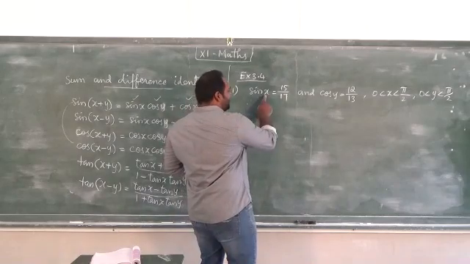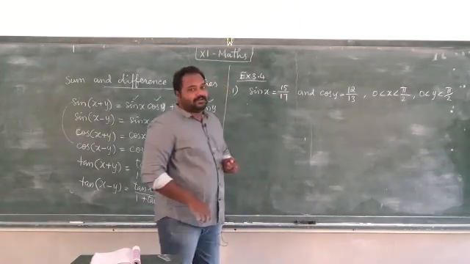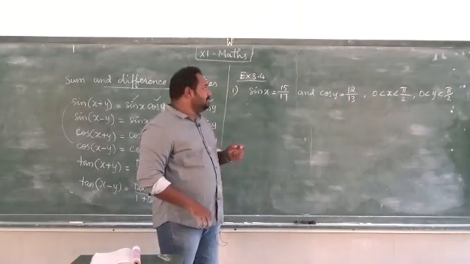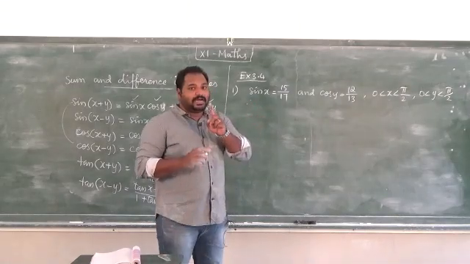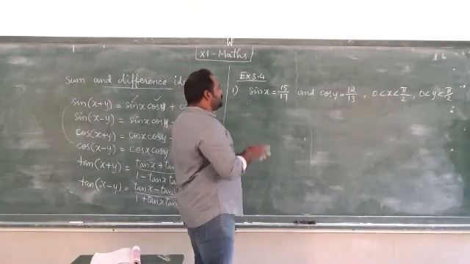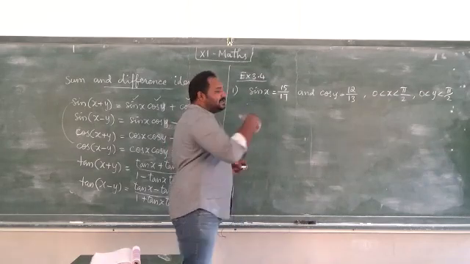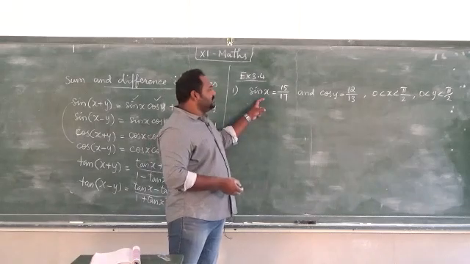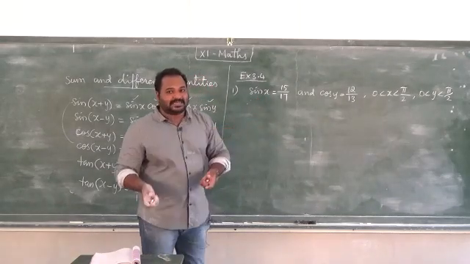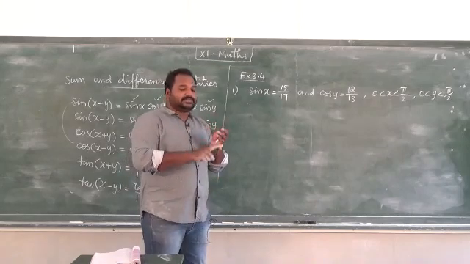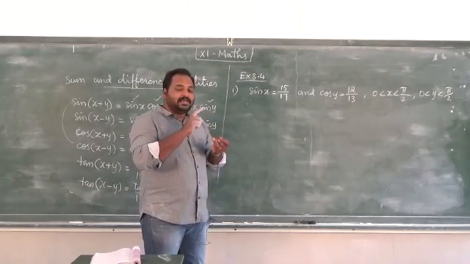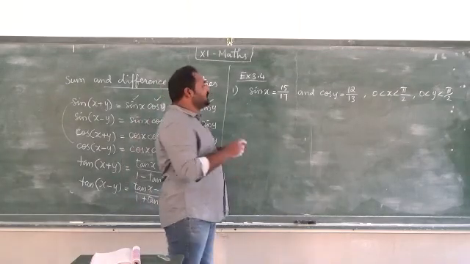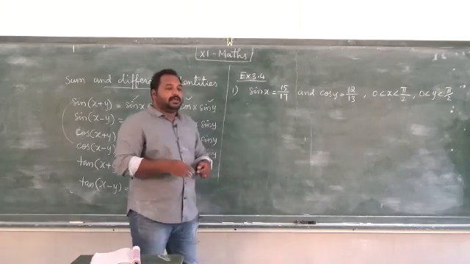How to find out? Here sin x is given. We need cos x. How can we find it? We have already done the same problems in the previous exercise 3.3. I told you we have two ways to find the remaining functions. Here one function, sin x, is given. How can we find cos x? One is the Pythagoras theorem. Another one is the formula sin square theta plus cos square theta equal to one. I am going to use the same formula because of the continuation.